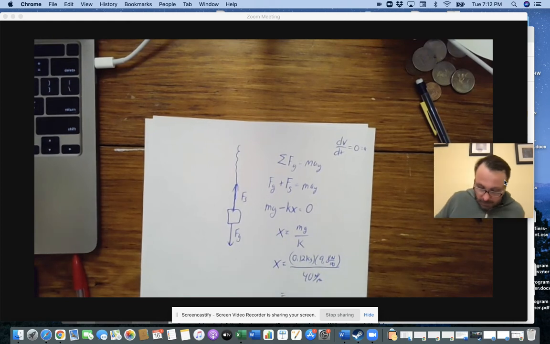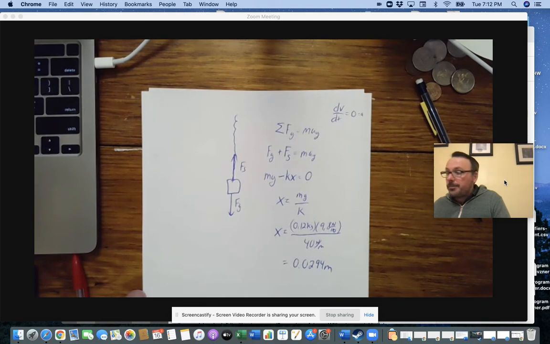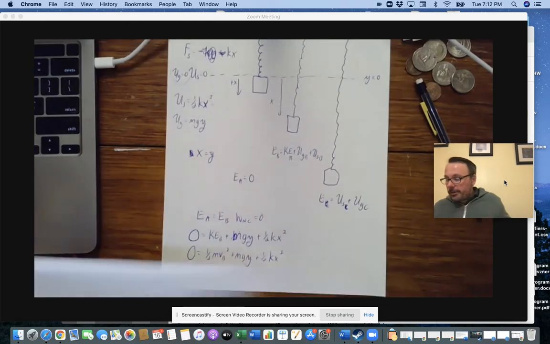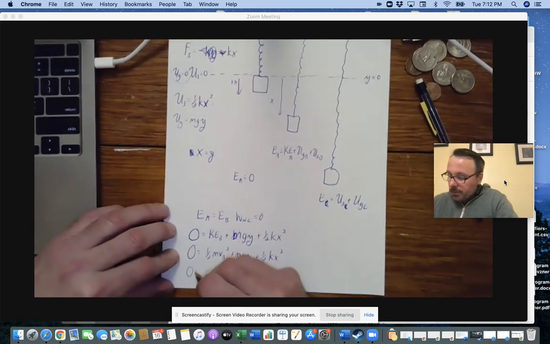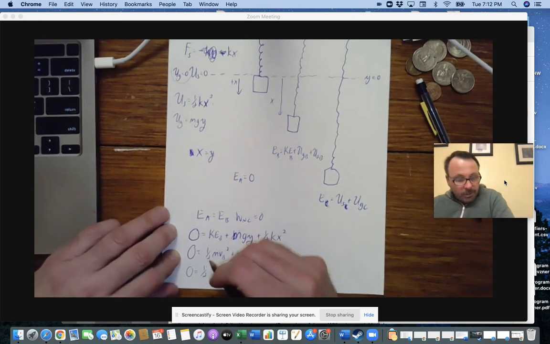And so I could put all that into my calculator, and you get 0.0294 meters. Whoops, there we go. So that's great because now I can come back over here and just plug in a bunch of values because I know 0 is equal to 1/2. My mass doesn't cancel because that doesn't have a mass term. 1/2 the mass, which is